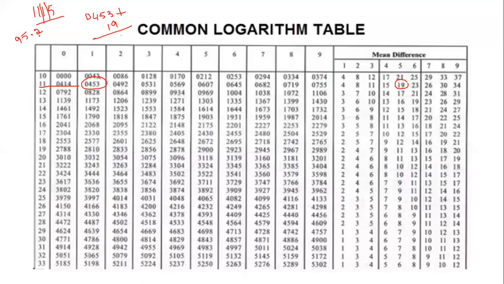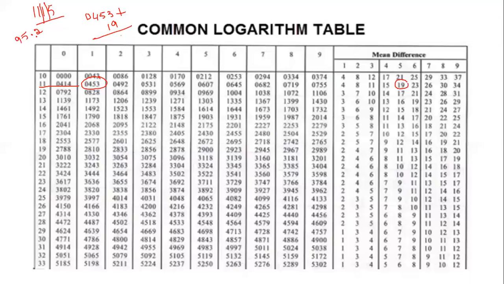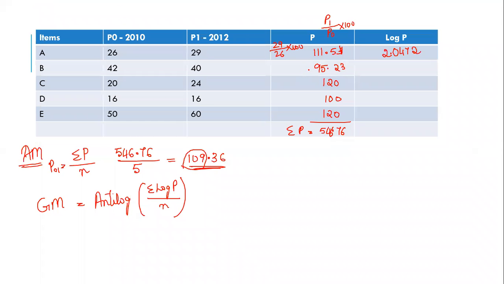95.2. Okay, that table is not there in this 95th one. What is the value, students? If you have the log table with you, can you please give me the answer? Okay, good. It is 1.97. Is it 1.9788 or 1.9778? I think it is 778. Just check. It is 788.